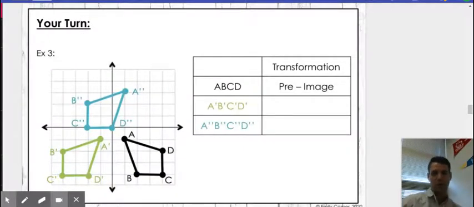Now, in this example, we're going to do it from the start just on our own. So first and foremost, we know that the shape in black is our pre-image, and then we're going to green and then blue. So the first thing I would look for is the orientation of my shapes. I can see that A and A prime are directly across from each other. And then